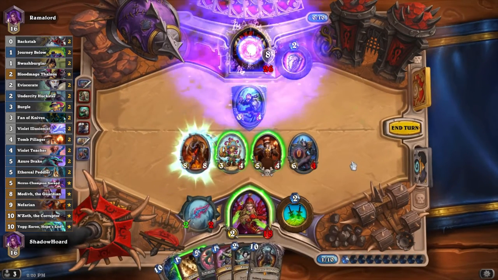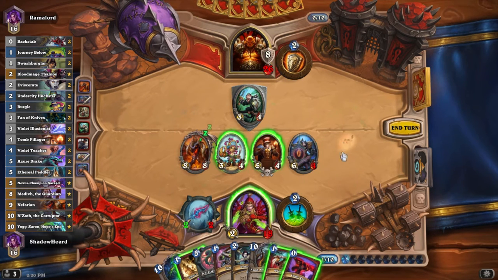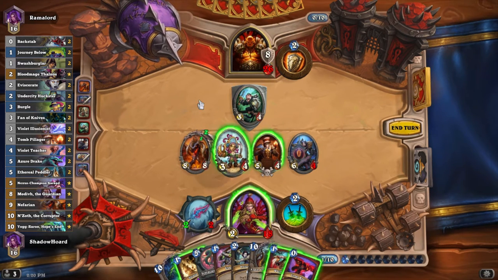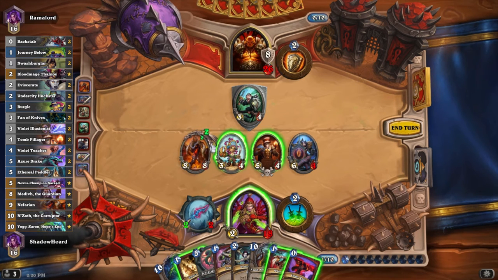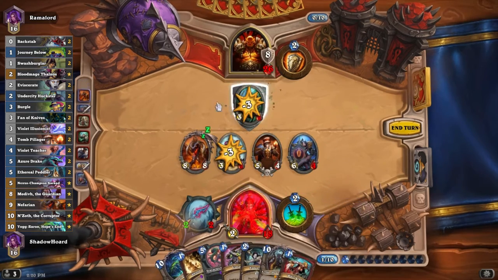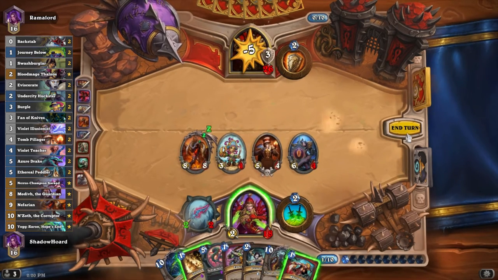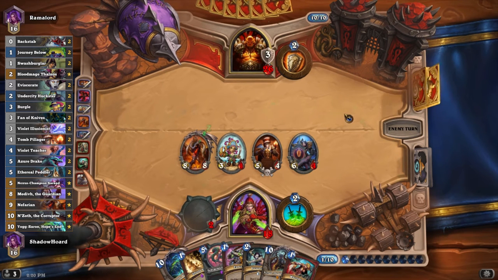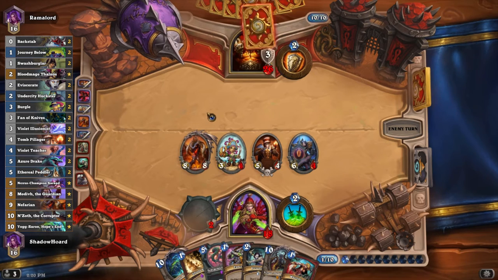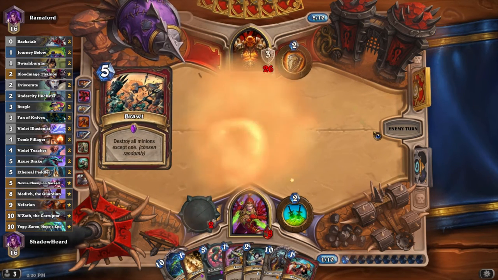Just so that I can Nozdormu off. Oh dear. They're not the best. Sure, I can kill this guy like this. It lets me deal more face damage, etc. And puts that guy at 1 rather than that guy. Okay, well I expected this, so...